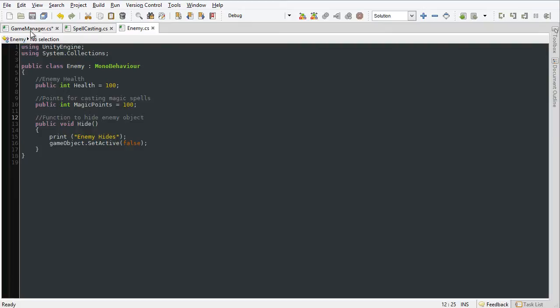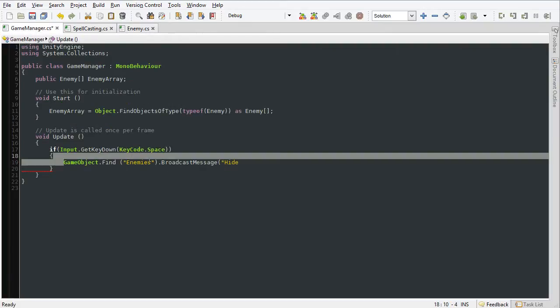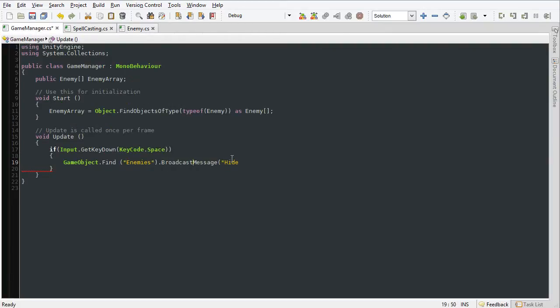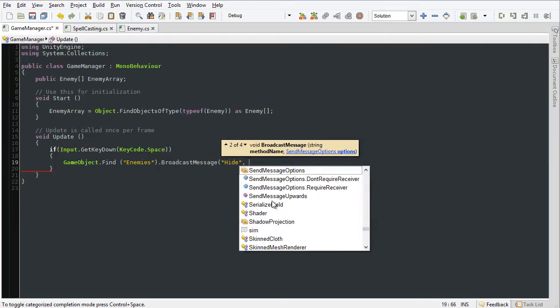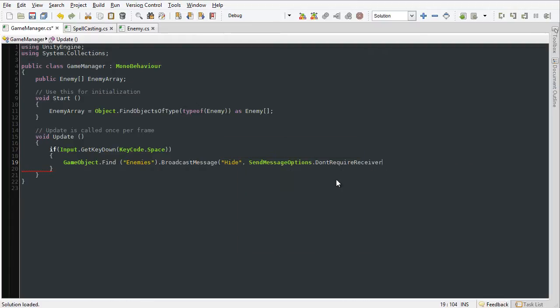So I'm going to switch back to Game Manager. We're going to find the enemies object, call the BroadcastMessage function and specify the function hide. And I'm going to specify the parameter here, SendMessageOptions.DontRequireReceiver. What that does is it ensures that we will not get an error if one of the components on the object does not contain a hide